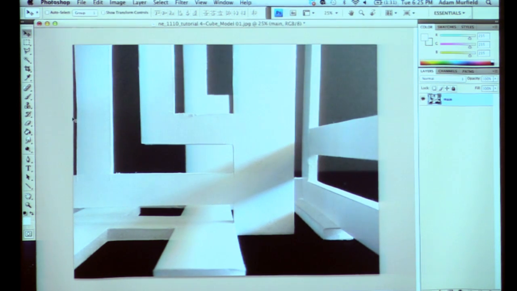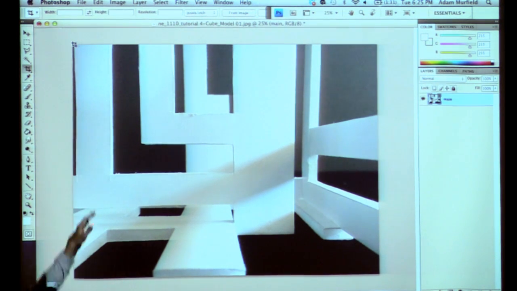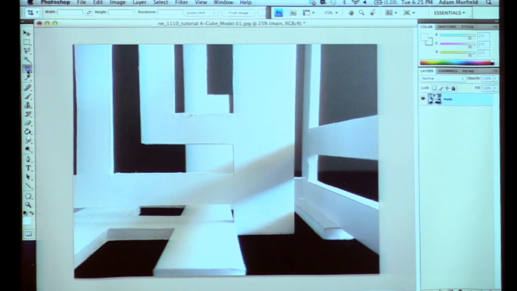The first thing that I want to show you guys is, when we get in and we have this image, you'll notice that there are a number of things that you're going to want to look at. But before you do anything, once you take the photograph, you look back at it and think, maybe I didn't really want to do that. Maybe the camera is really small and I don't want to get that. So you're going to want to crop the image to what you want to see. We'll crop the images in different ways. Sometimes you want to crop all your images at the same size, but for now, let's just crop for what we want to see. So the crop tool is this guy over here,